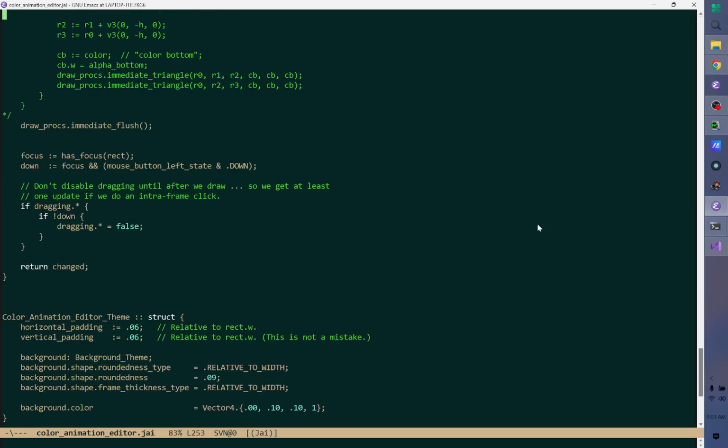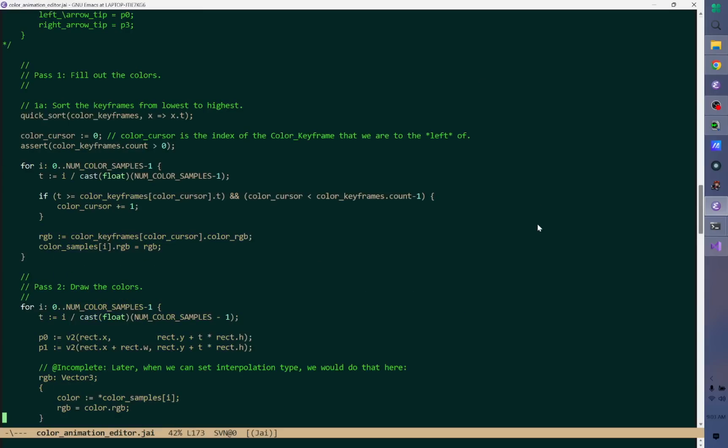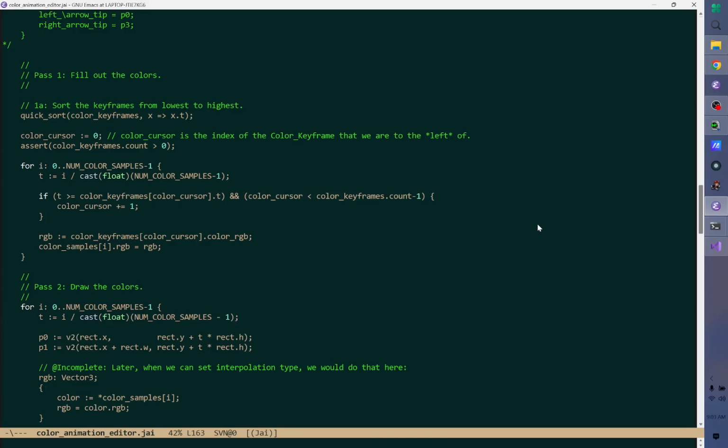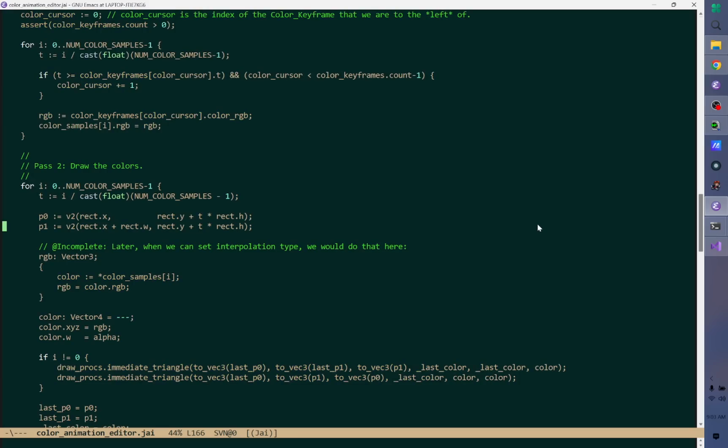So when we draw the color strip, so here, this t times rect.h, this is the thing that moves us along as we take each sample, right? Because t goes from 0 to 1 again. So here, I don't know why. See, I put no space here and yes space here. Okay, so